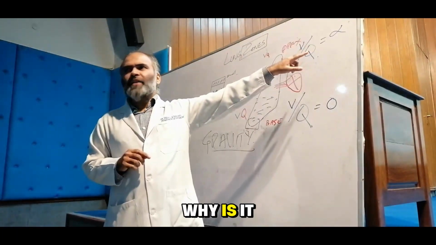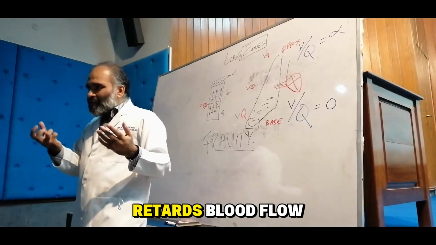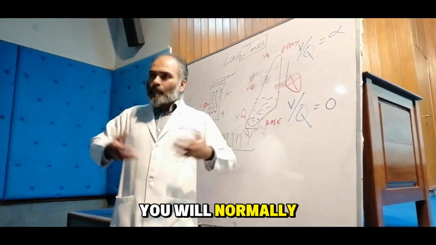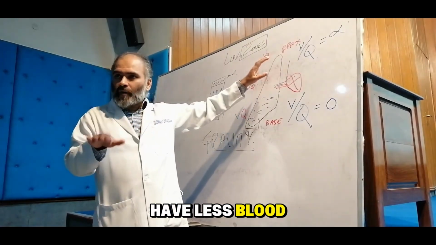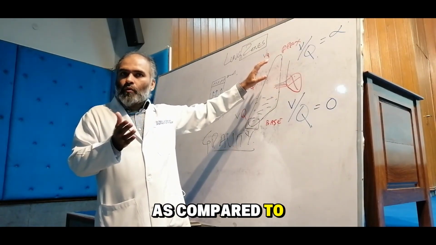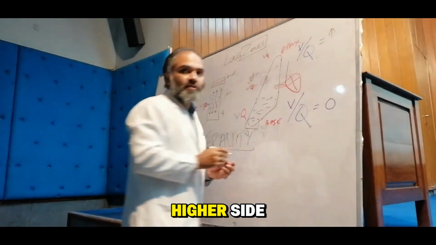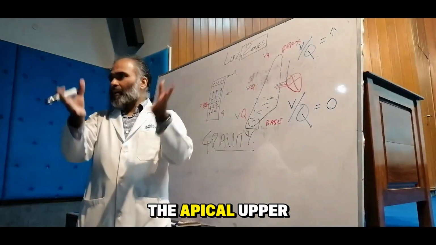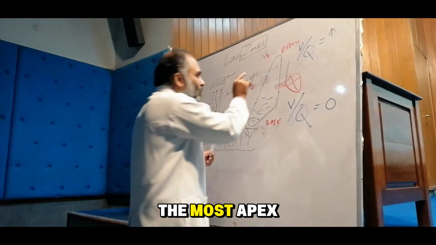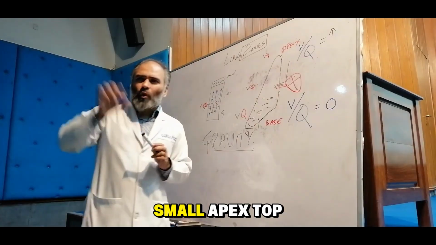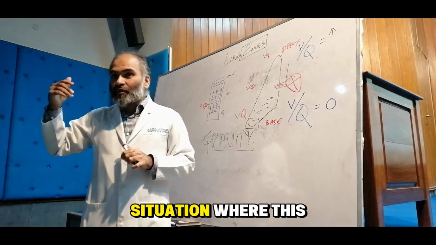Now, what is this sign? Infinity. Why is it infinity over here? Because again, gravity impedes, retards blood flow. So you will normally have in these areas less blood flow as compared to airflow. So V over Q will always be towards the higher side in the apical upper areas of the lung. However, there may be a situation that the most apex, really small apex, topmost dot of the lung may have a situation where